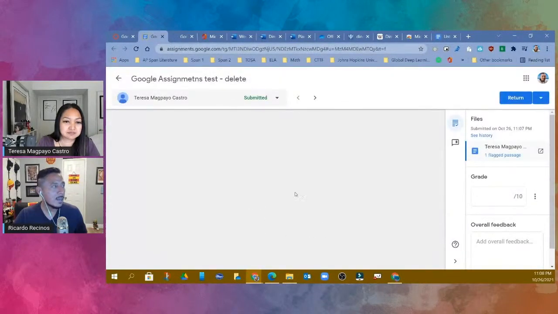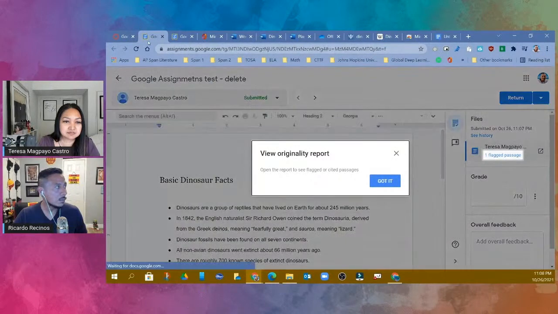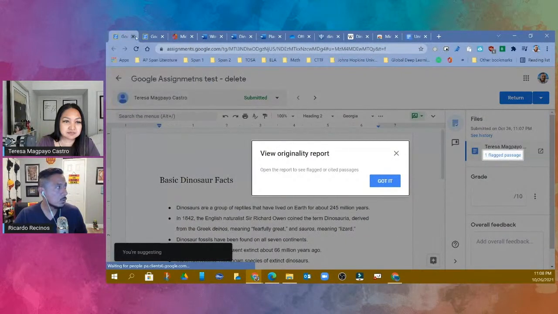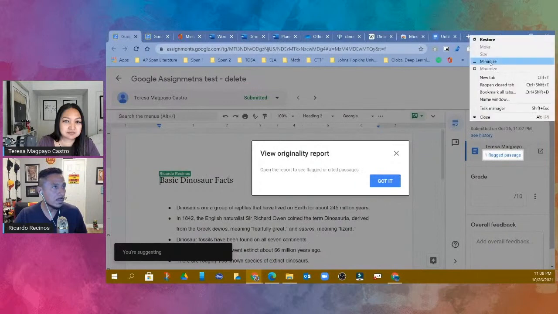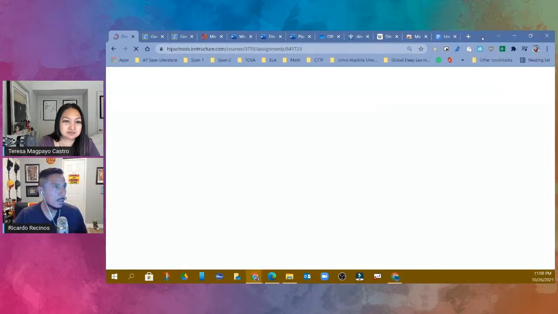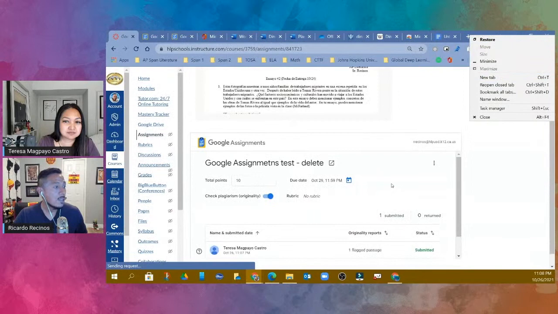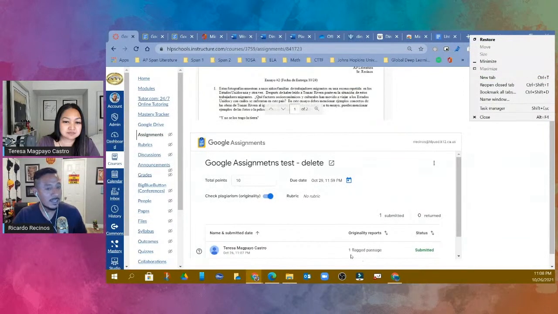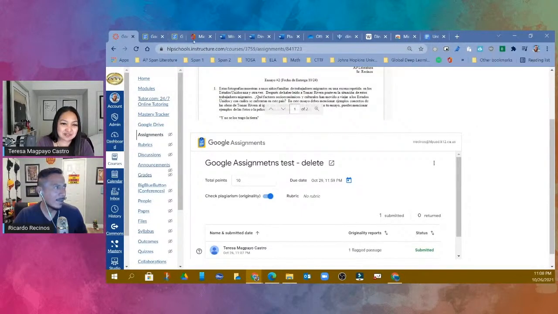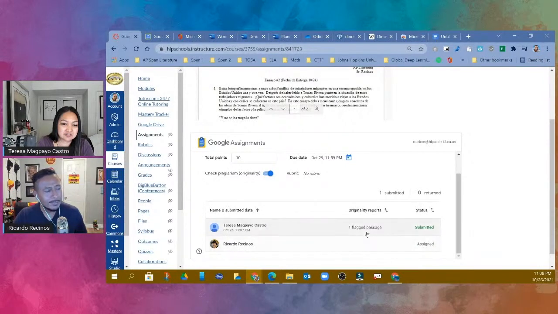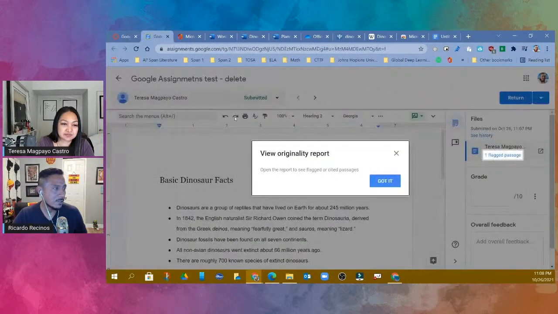But notice that as I did it, if I could go back. Oh, did I close that window? Let me reopen that window. I think I closed it twice, didn't I? Yeah. Notice that it actually told me before I even checked on it. I knew that there was something wrong with this. It automatically told me. So I can have a list of my students and be like, okay, I want to make sure that I pay special attention to that right there.